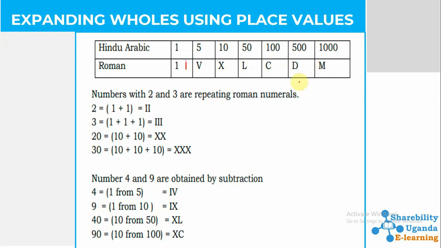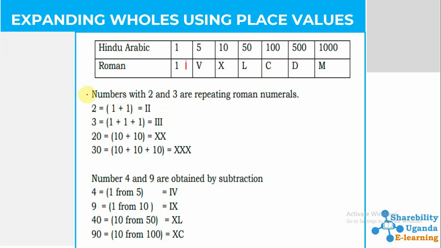I know someone is asking, how about the 1, 2, 3, 4? We shall look at the concept that is used for us to get our 1, 2, 3. Also from 5 up to X, we shall look at the concept they use to get the 6, 7, and 8, and so on. Also the concept of getting the 40, 30. Also if it is 90, 80. Also, if it is 120, 200, something like that, we shall see the concept that they always use